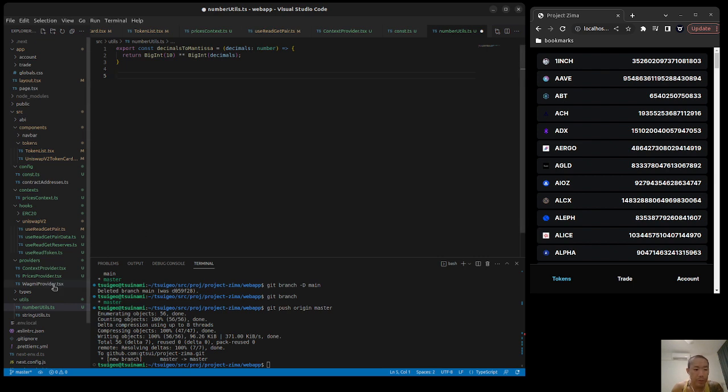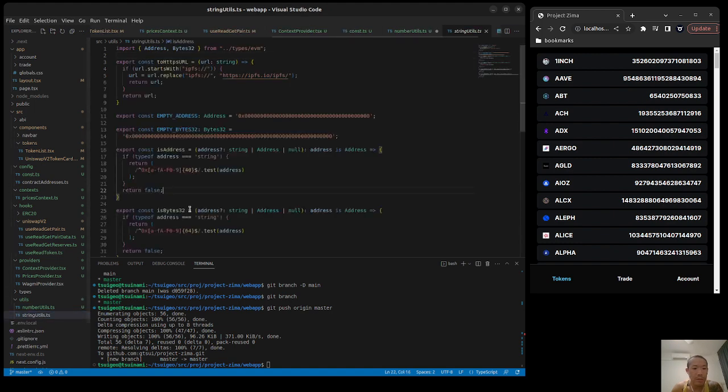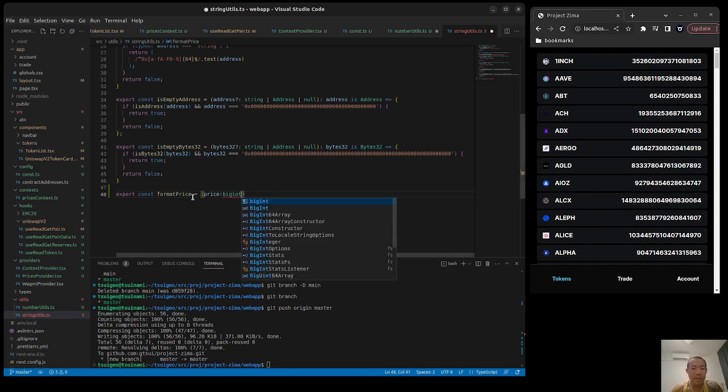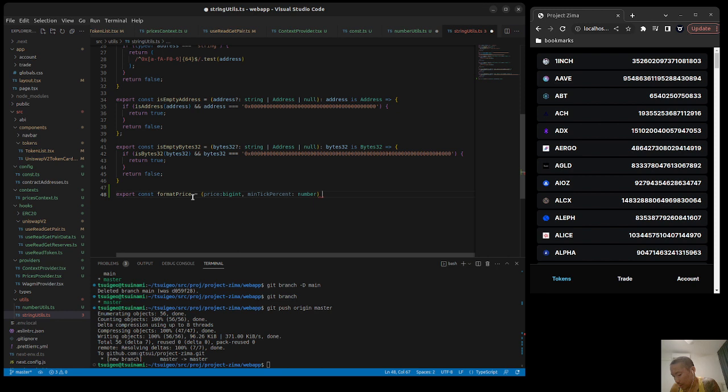Actually, you know what? Let's put it in a string utils. This is more like a string. All right. Export const formatPrice. We need a price, which is going to be in big int. All right. And I'm going to have something here which I call the min tick percent. That's 45%. And that will be what is the minimum sensitivity, minimum number of significant digits that we would want